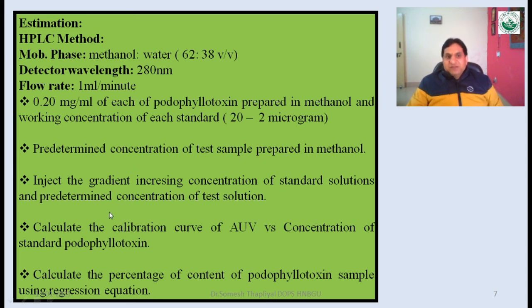After that we will inject the gradient increasing concentrations of the standard solutions, as well as predetermined concentrations of the test solutions, into the column, and it should be done slowly, in gradient increasing concentrations. It means first of all you have to inject low concentrations, after that you will increase, and after a little bit of time you will increase the concentrations again. After completion of the column run we can calculate